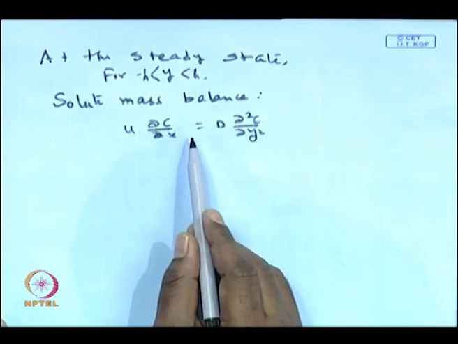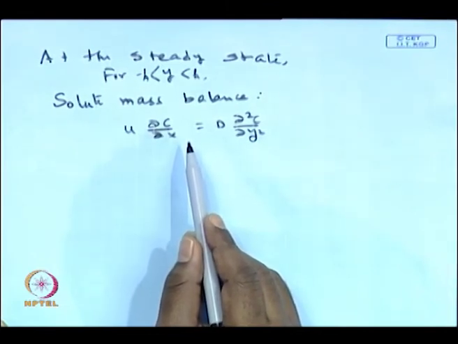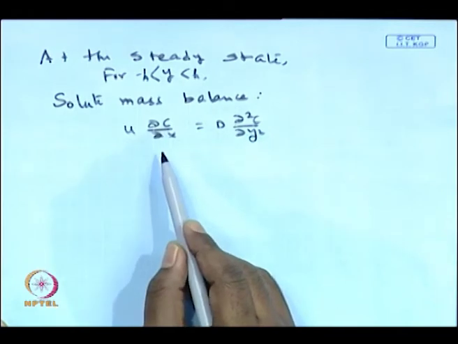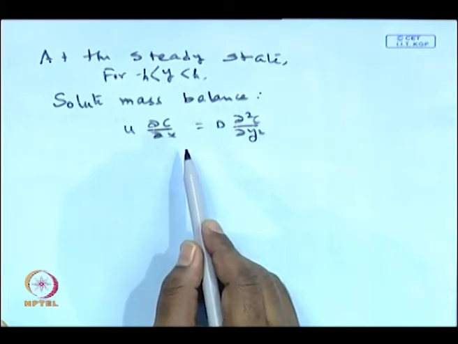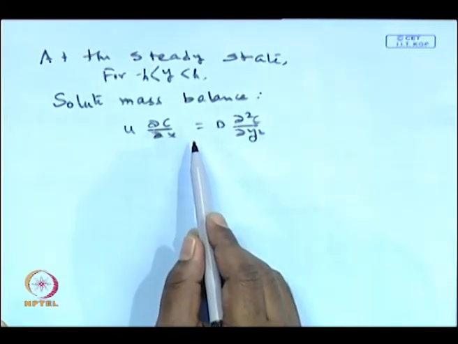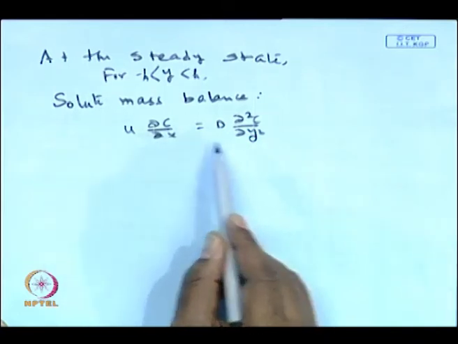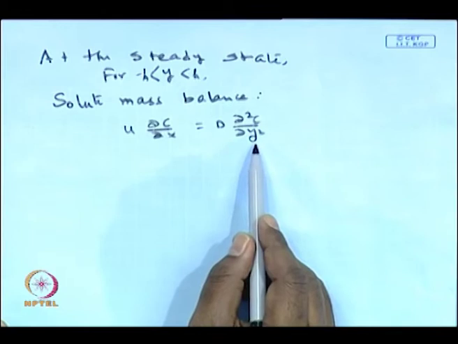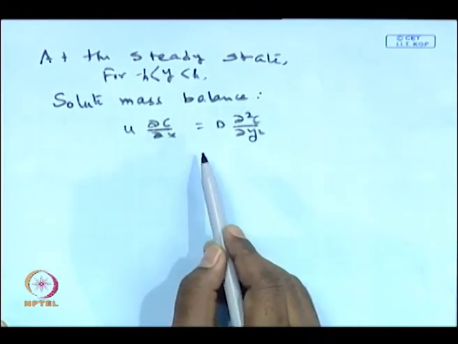Why was that term appearing? That term was appearing because there is a transmembrane pressure drop. Because of the transmembrane pressure drop, there was convective flow of the solute towards the membrane surface. But in the case of dialysis, since there is no transmembrane pressure drop, the driving force is only concentration gradient, the velocity component in the y direction does not exist. Okay. So, it will be u del c del x is equal to D del square c del y square, and the second term which appeared earlier will turn out to be 0.